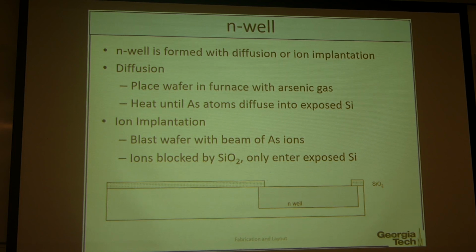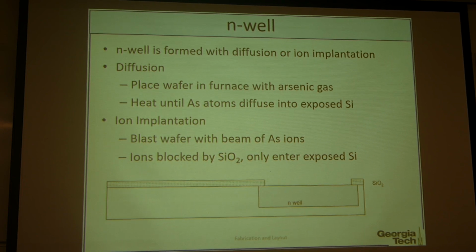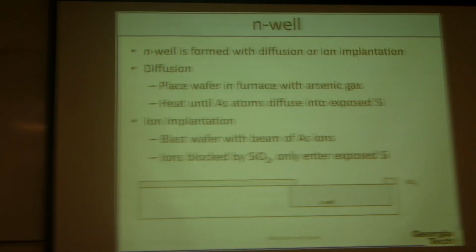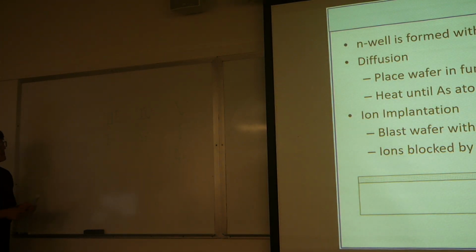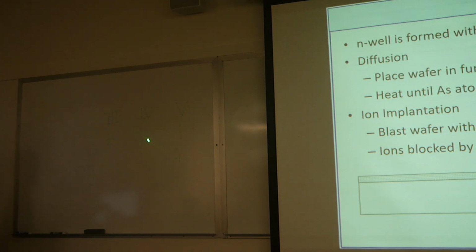For the diffusion process, we place the wafer in the furnace with arsenic gas or phosphorus gas for the N-type well. For the P-type, we need boron. If we look at the periodic table, there are group 3, group 4, and group 5: boron, silicon, phosphorus, and arsenic. So when these elements want to be bonded with silicon, the group 3 elements tend to